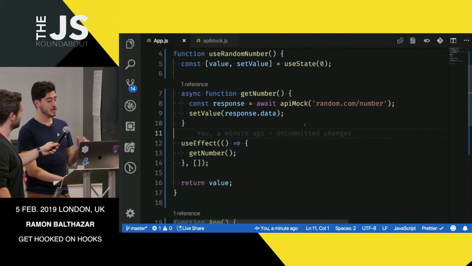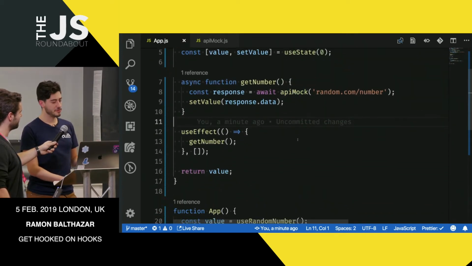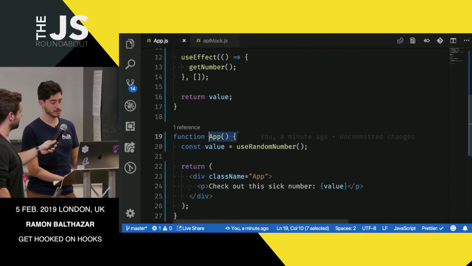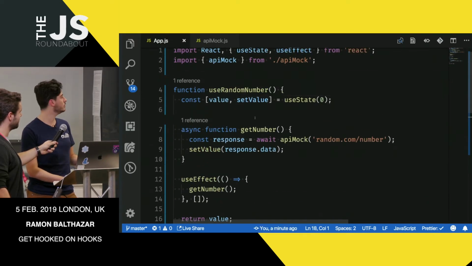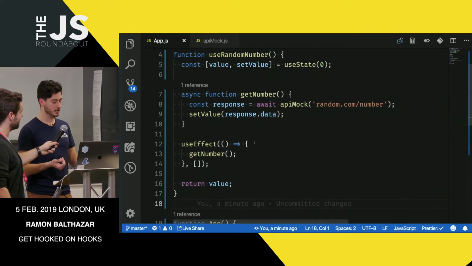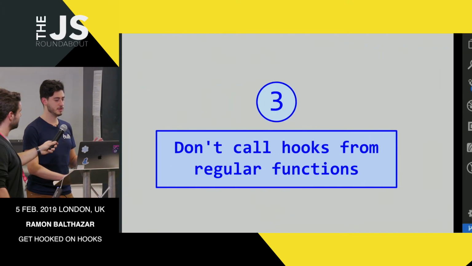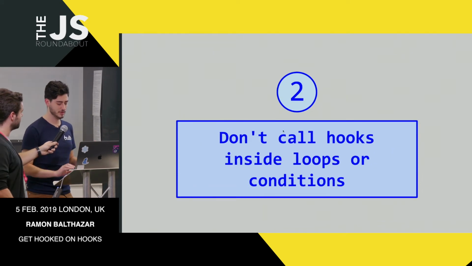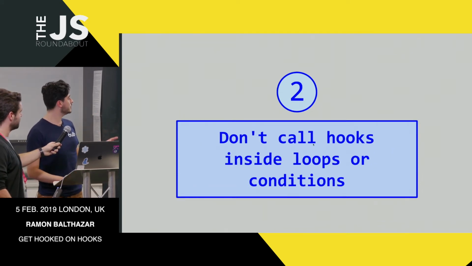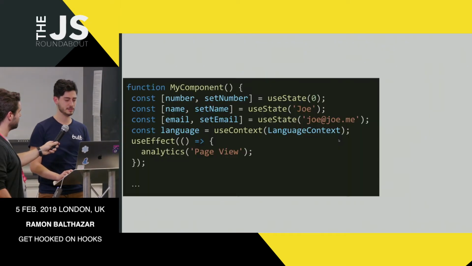You can only call hooks from function components or from other hooks. So we can assure reliability that you're doing it the right way. It's in the docs, I won't fight it. And the third rule, don't call hooks inside loops or conditions, and I'm going to show you with some slides.